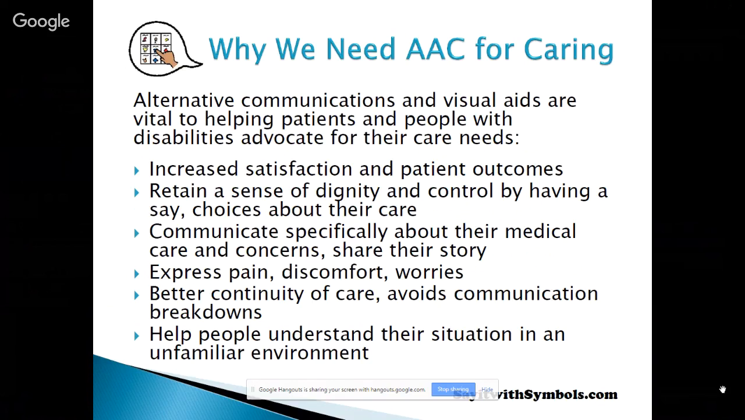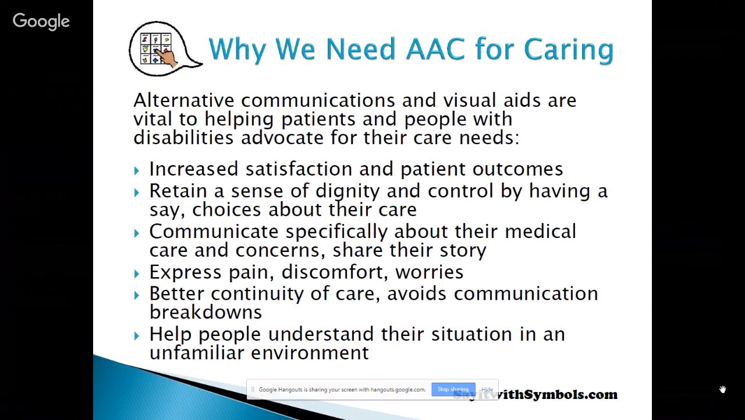As you all know, everyone loves to talk about their health condition, and having some pre-made tools makes it easier for people to do that and express their concerns to others, caregivers, and healthcare professionals. It allows people to express pain, discomfort, and what they're worried about. By having a consistent use of augmentative communication aids,